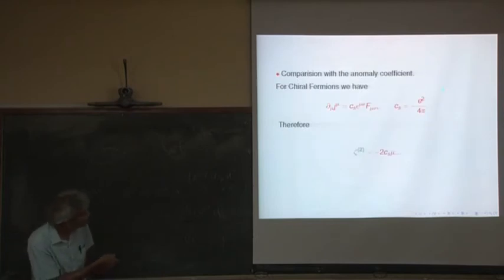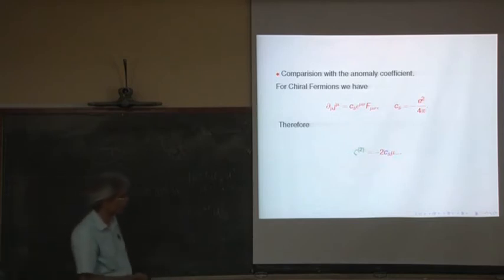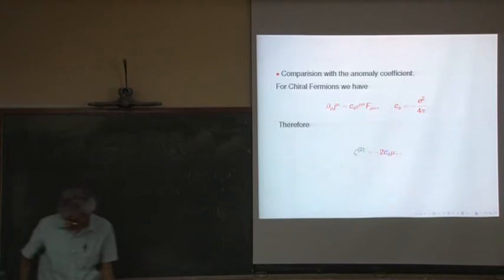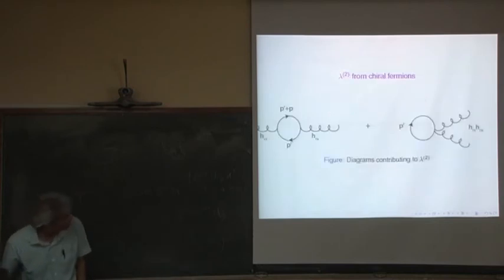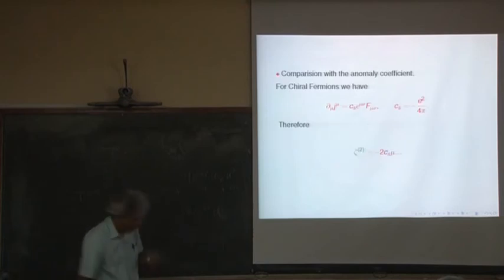Okay. This is for the chiral fermion, and then you can just see that this is the formula, of course, derived also from the Euclidean partition function. For the gravitational one, lambda 2. Here